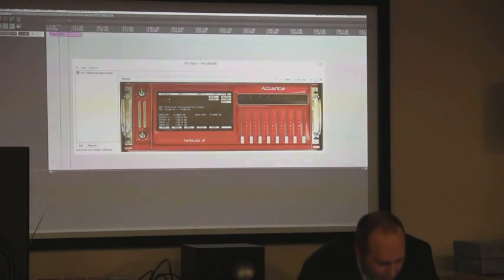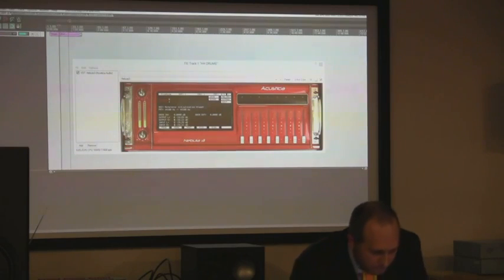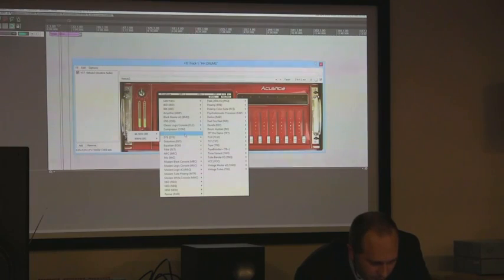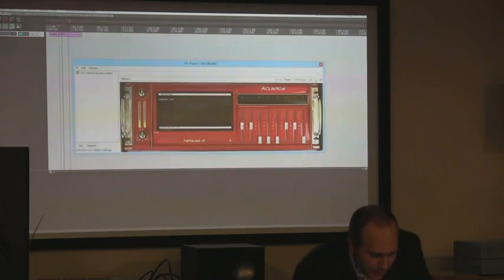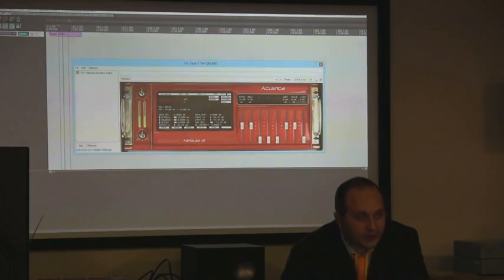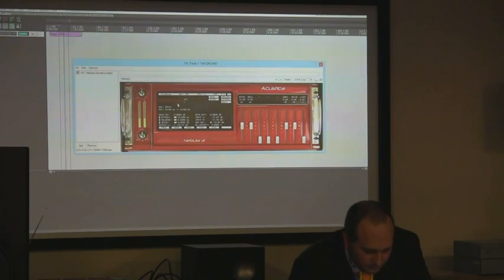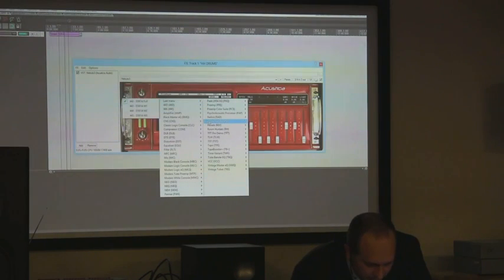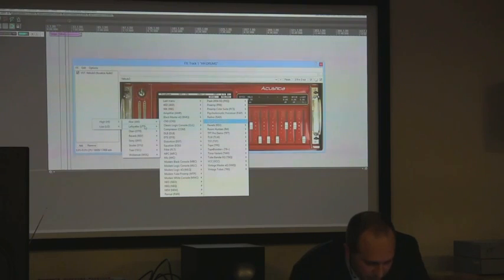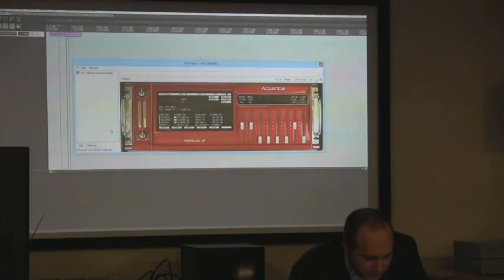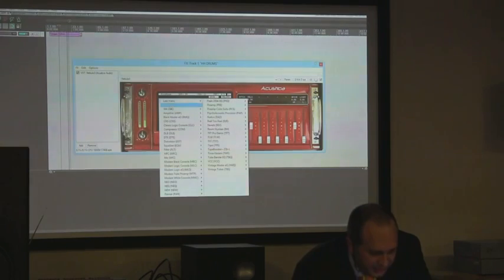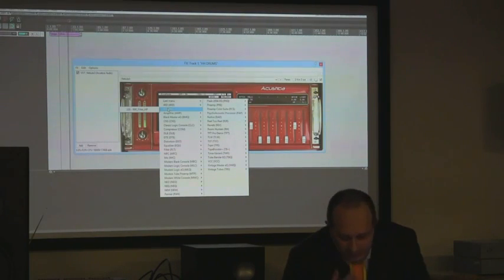Okay. For example, now I'm changing the preset. This is the Dolby, for example. I can have, for example, tapes. This is a particular tape.